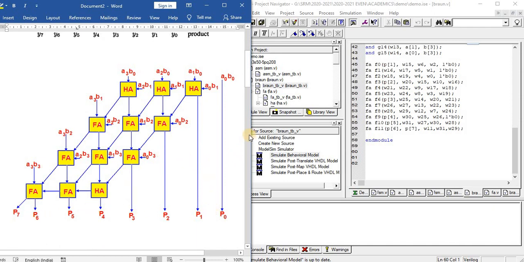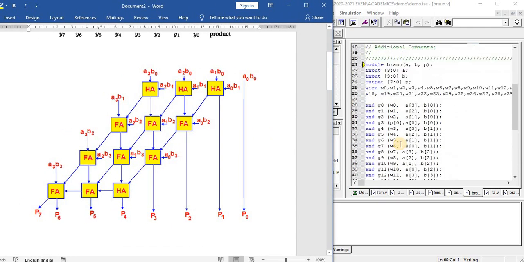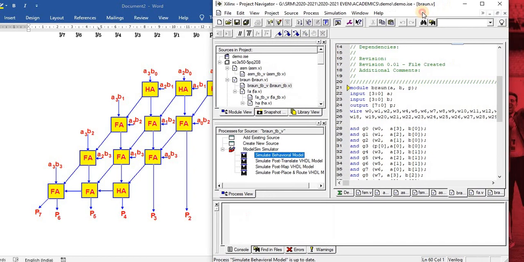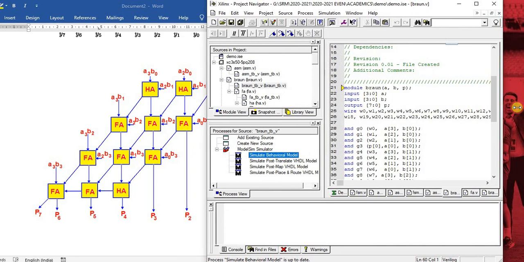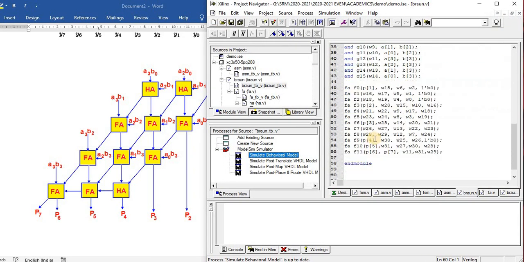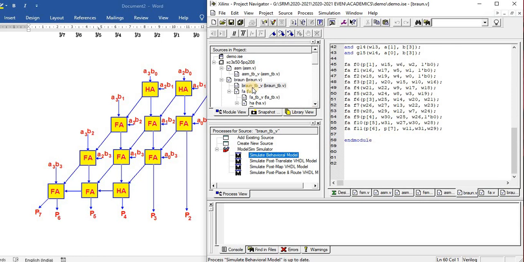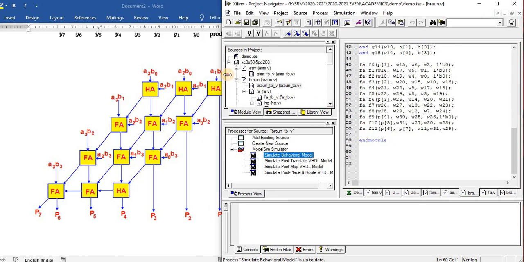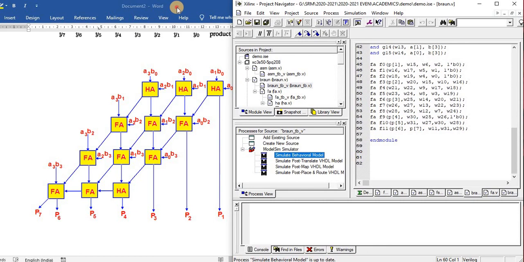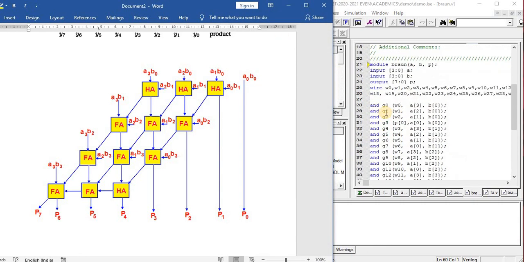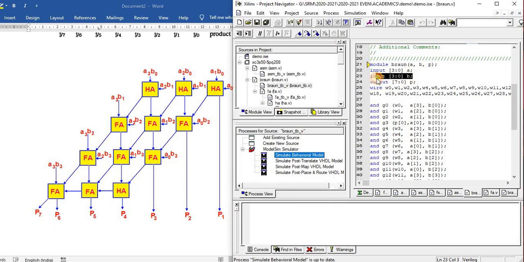To show this logic, I have written a Verilog program. If you see here, at first I have taken two inputs, A and B, and the partial products as P. The input A is 3 down to 0, and input B is 3 down to 0.